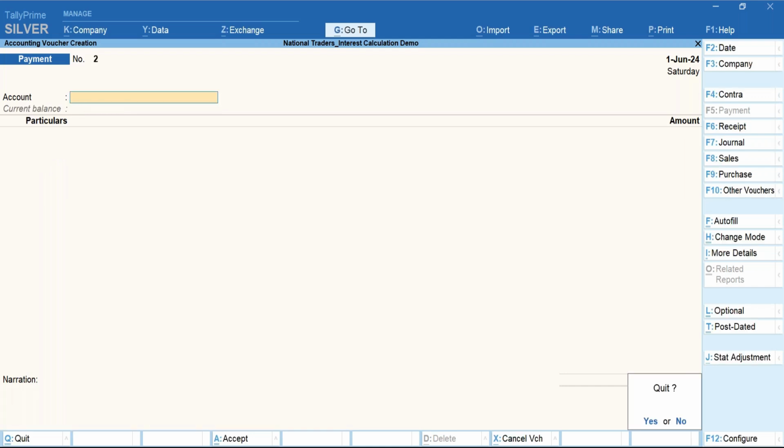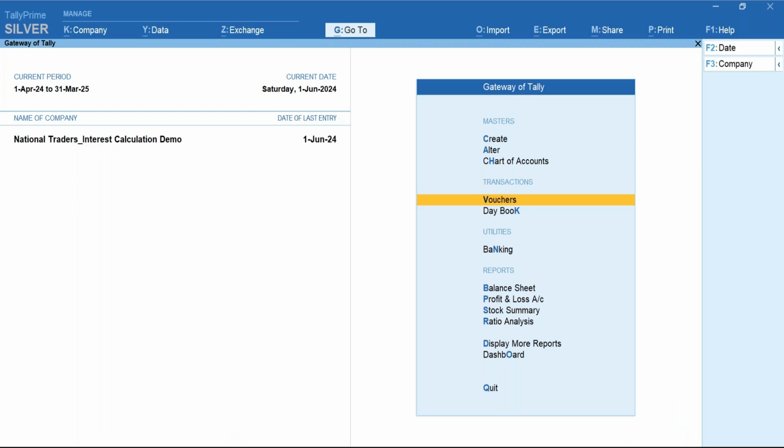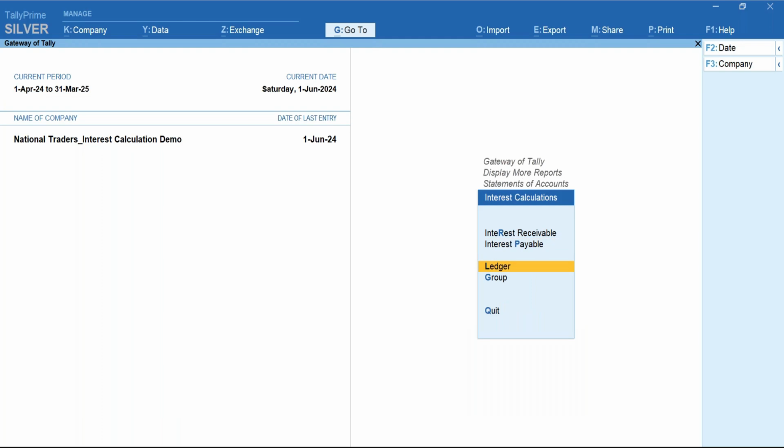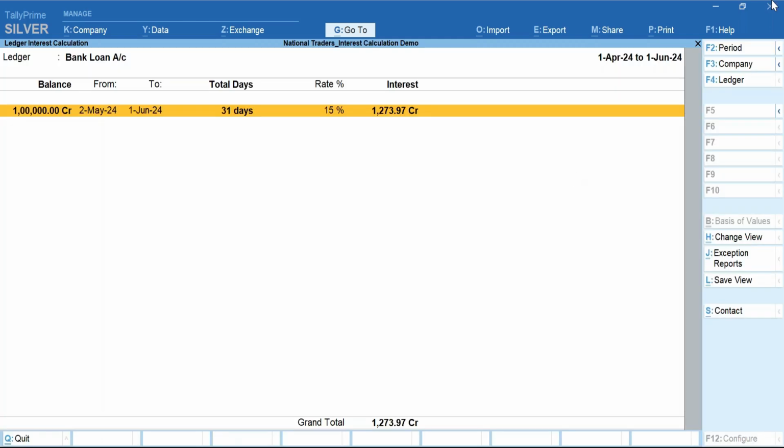I have accepted it. Okay. So even though I've paid the first EMI, when I go to display statements of accounts, interest, and then the ledger,